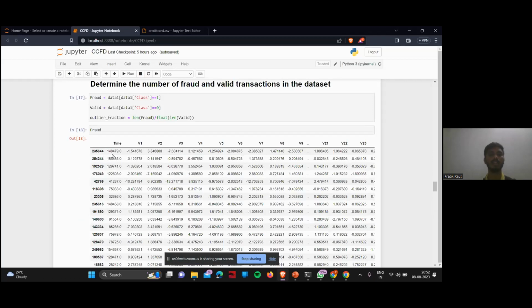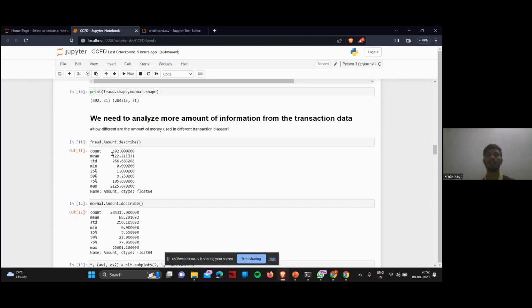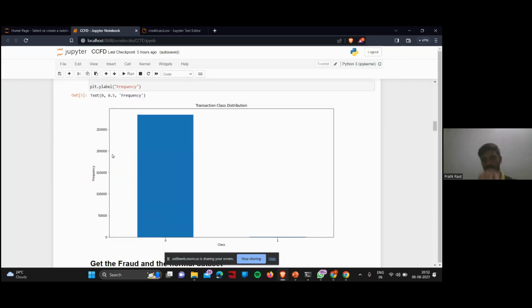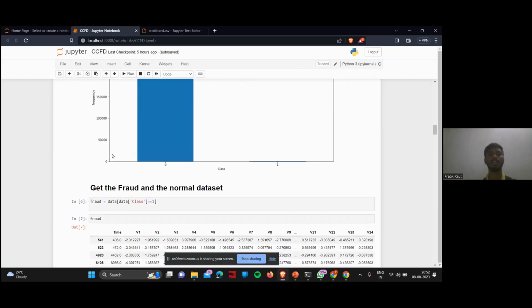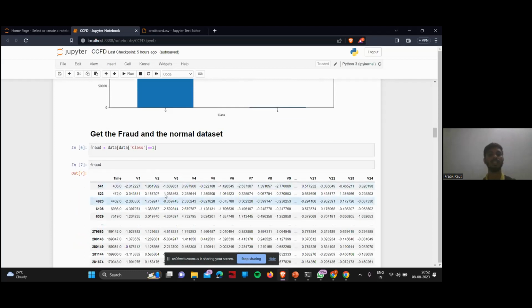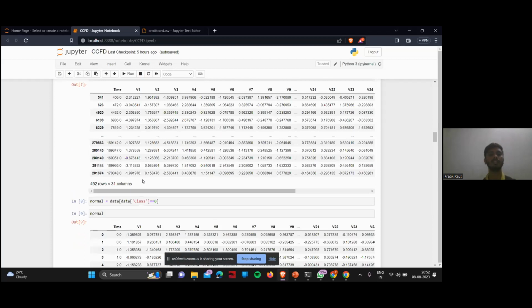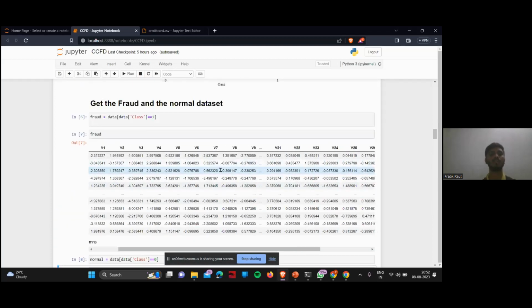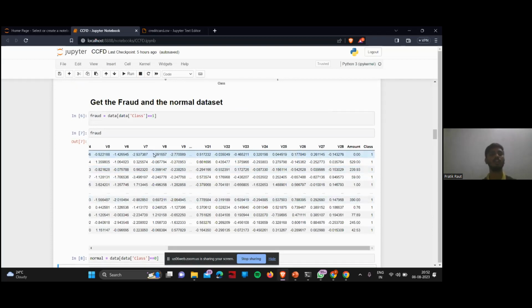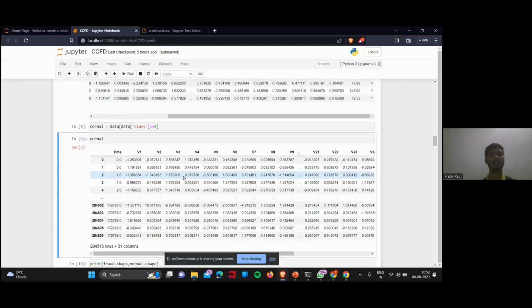And we need to analyze the amount of information from the transaction data set. The fraud, then the descriptive analysis came into picture: count, mean, standard deviation, min, 25%, 50%, 75%, and max. Total count is 492, and mean transaction amount is 122. Standard deviation is 256, min is 0, and